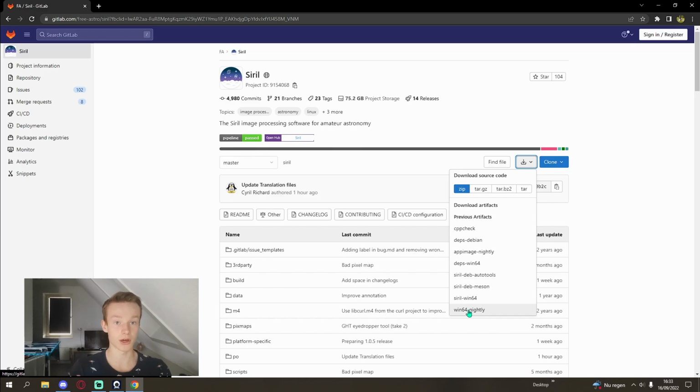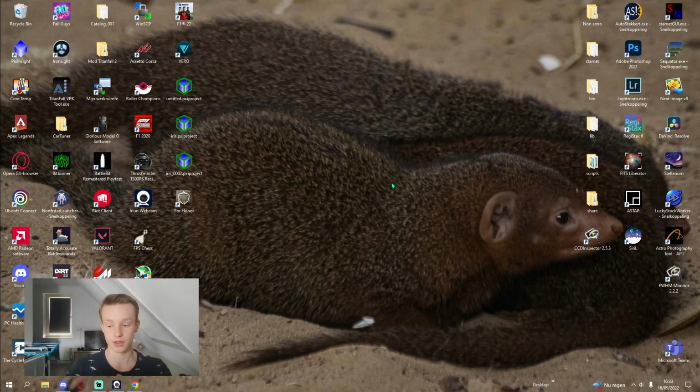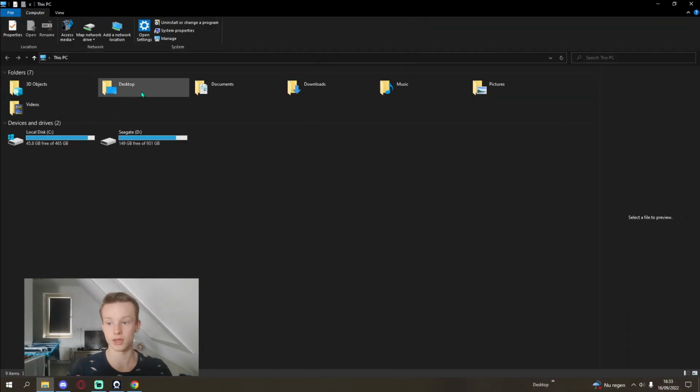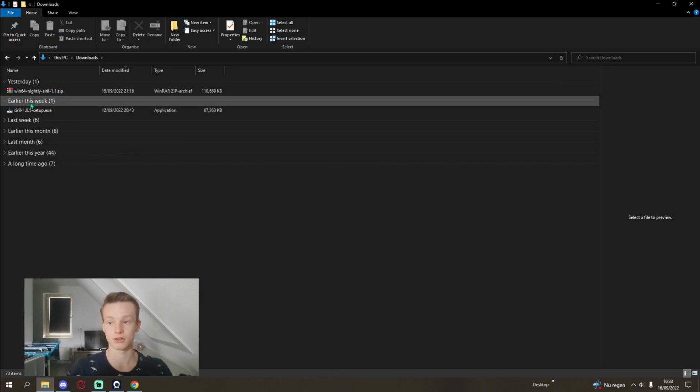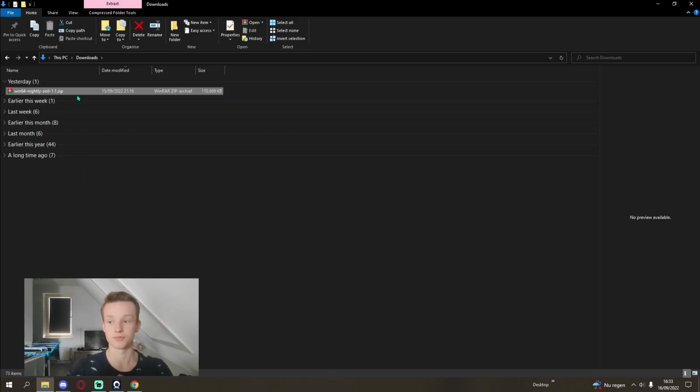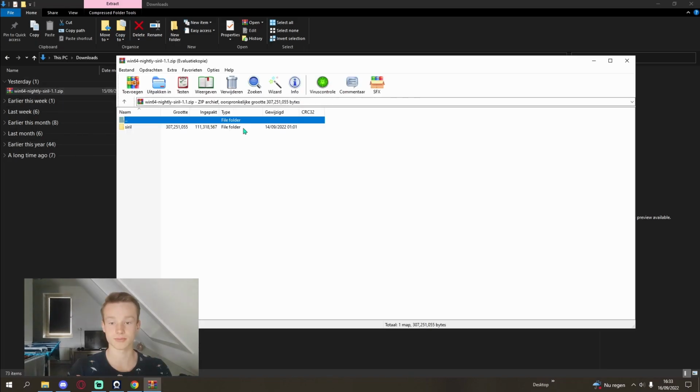Personally I use Windows, so for me this would work. I have no idea how it would work for a Mac device or for a Linux device. I just know that for Windows this one works. I have already done this, so you can just click download, but for me it's already done. So then you want to go into your file explorer, go into your downloads, and there it is for me. This is the older version. This is it. You want to open the zip,